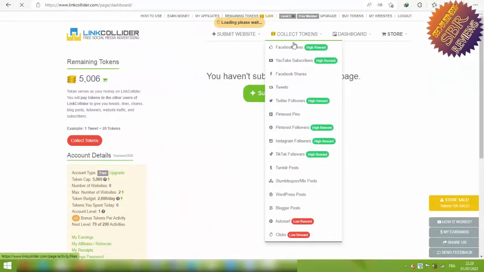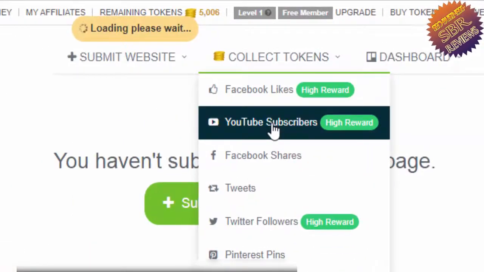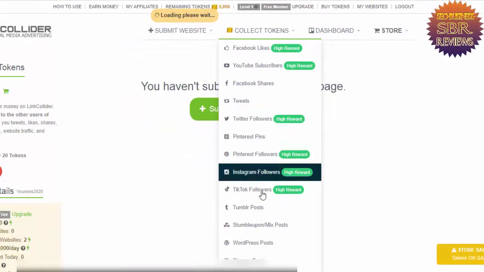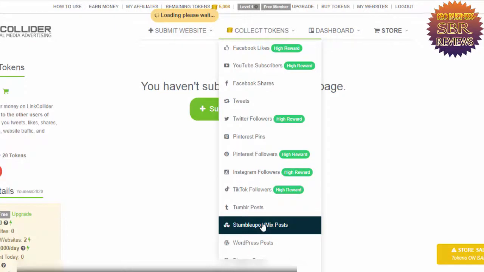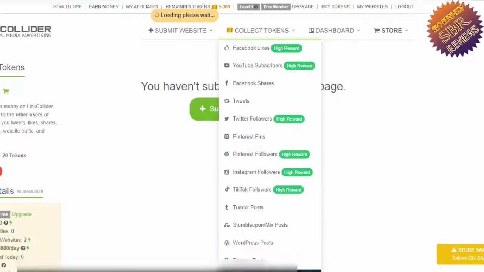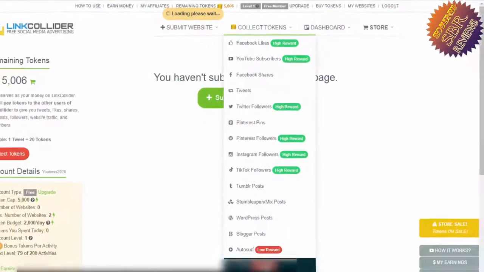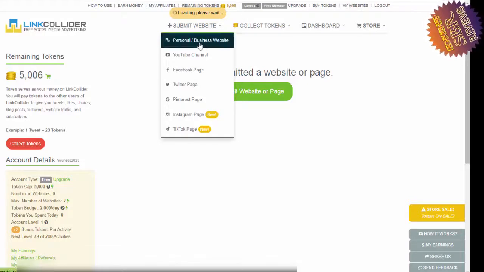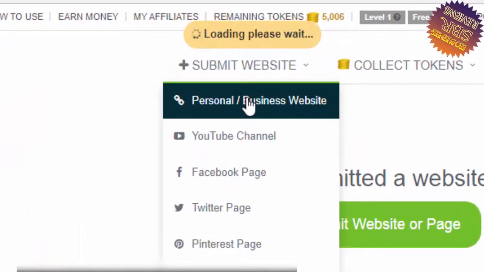As you see here, collect tokens and up list, and click on Twitter, Pinterest, Instagram account, StumbleUpon and Mix, WordPress, Blogger; you can add everything. Auto surf and clicks. You can start earning coins by collecting tokens, and you can submit websites by clicking on submit websites